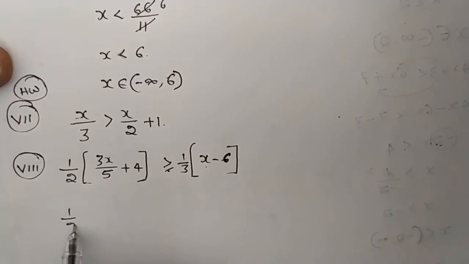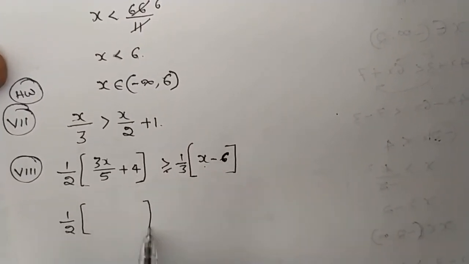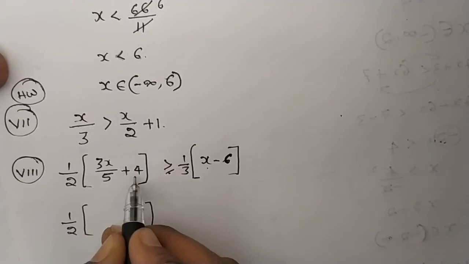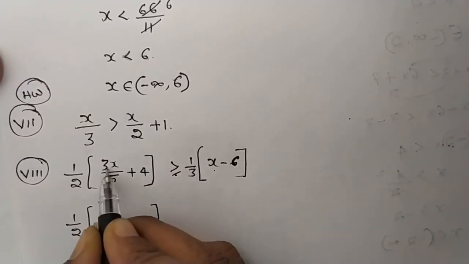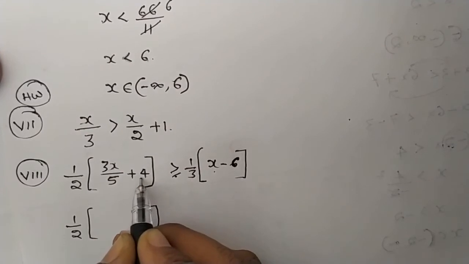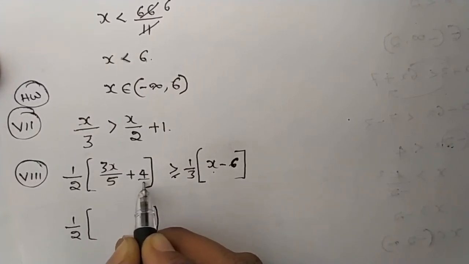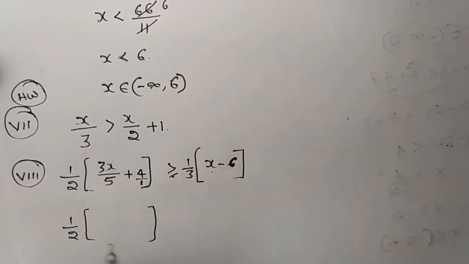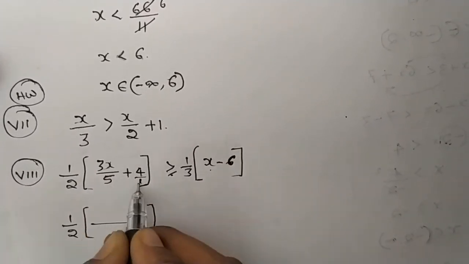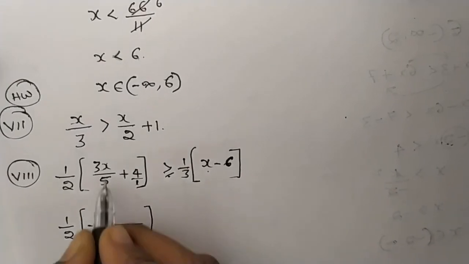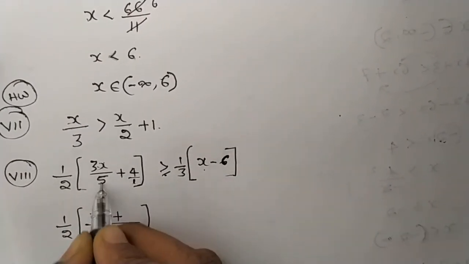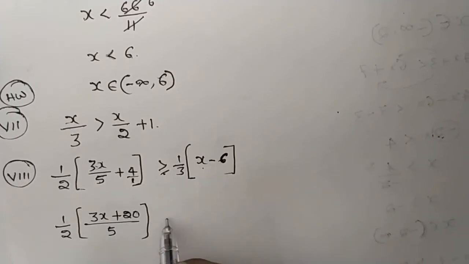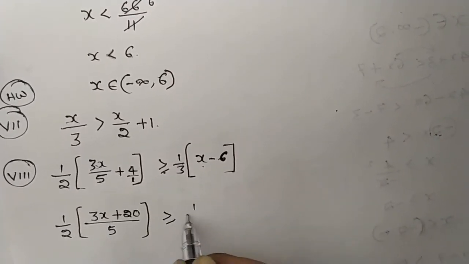1 by 2 into, so inside the brackets we have some simplification, that 3x by 5 plus 4. Nothing will be there in the denominator of 4, but that can be understood that 1 will be there. LCM of 5 and 1 is what? 5. 3x into 1 is 3x plus 4 into 5 is 20, is greater than or equals to 1 by